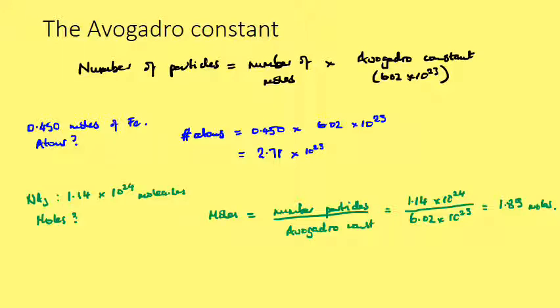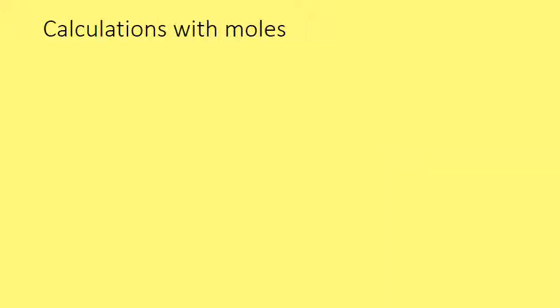So now I think we can do some slightly trickier calculations with moles. When we're doing calculations with moles, the first thing to remember, probably from your GCSE days, is that 1 mole of any substance has a mass that's the same as its relative molecular mass in grams. Okay, so let's say you had a substance X, and you have 1 mole of it,